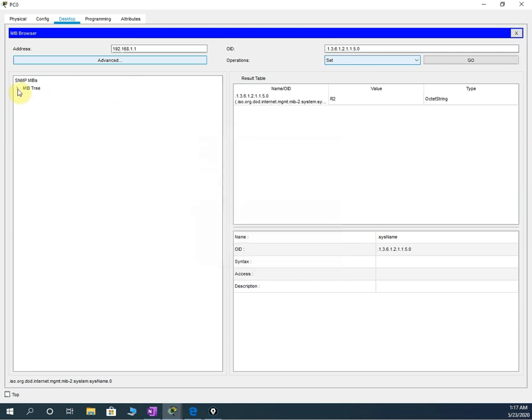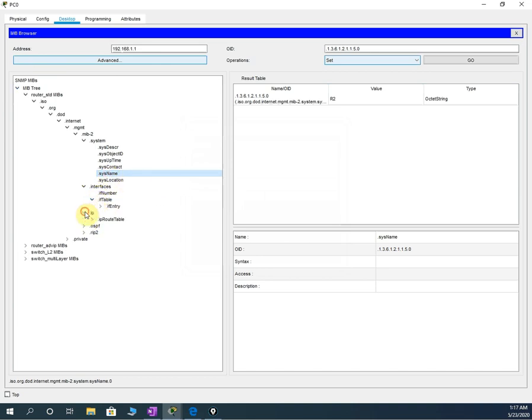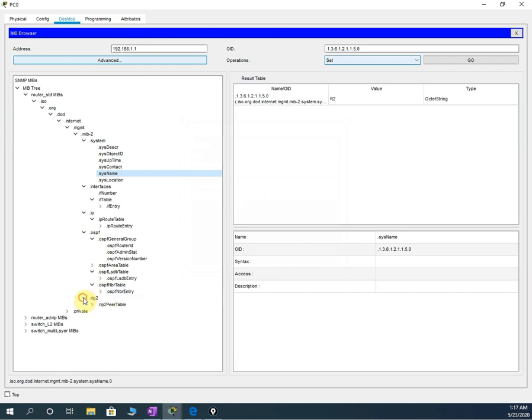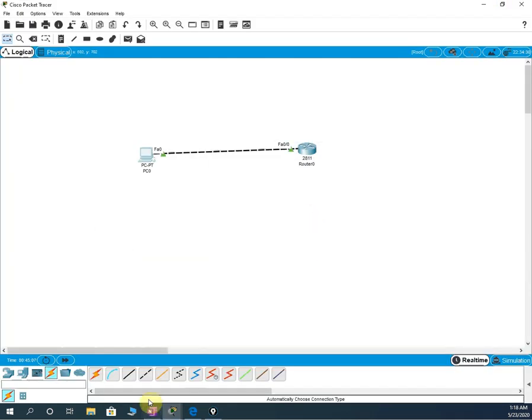After that you maximize this MIB tree, go inside, and here you have the system details. You select the name if you want to see the name. We have many features here. If you want to check routing protocols like RIP or EIGRP, or other advanced features, you can see them, but not all features are available in Packet Tracer. You can try. I did not configure this in Packet Tracer as it is not in our syllabus; we only need to understand what this is. That's why I gave a high-level lab only, but before closing this video, let me revise.